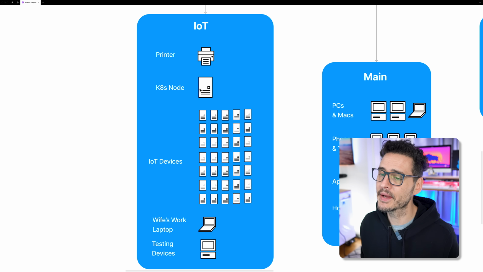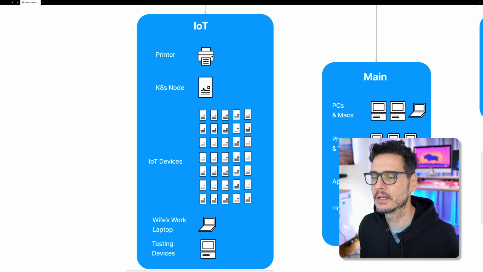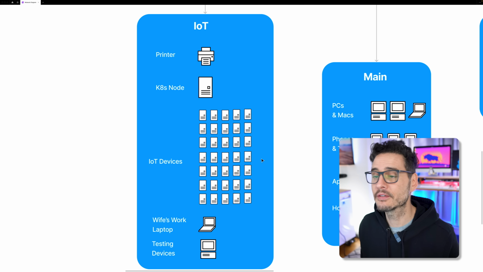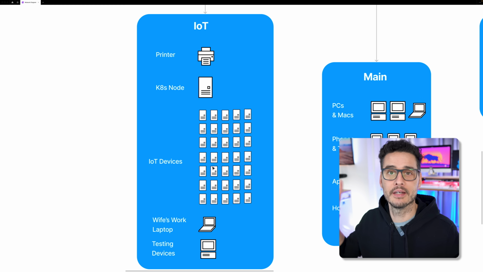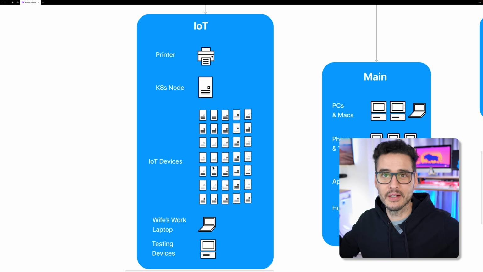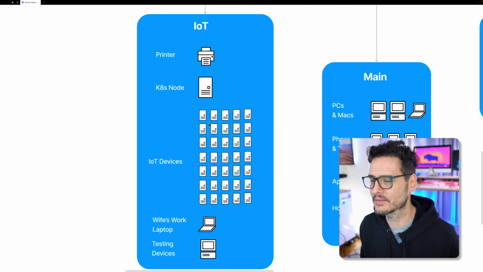Kubernetes node, we'll talk about that here in a little bit, but this Kubernetes node is here so that it can communicate with all of these devices. And it does live on that VLAN. Even though I trust this server and meet some of the criteria for trusted, I still decided to put it here rather than create a lot of firewall rules. It was just easier. Then I have lots of IoT devices, and that's a lot of the devices you probably see in here. That includes TVs, smart lights, other lights, switches, things like that. So they're all in this IoT VLAN.